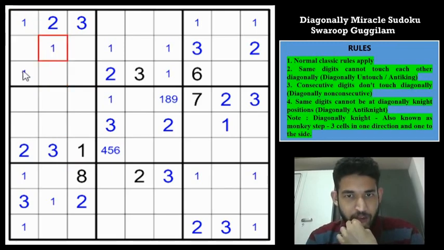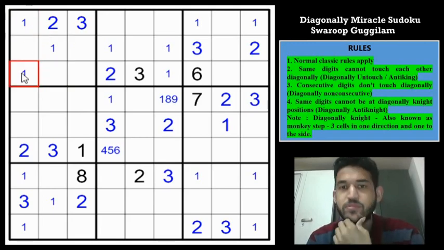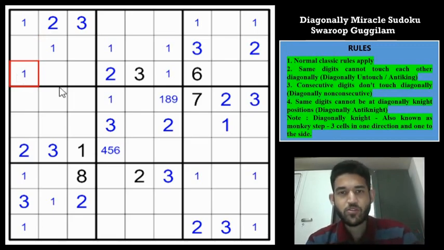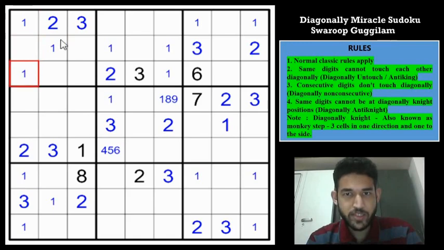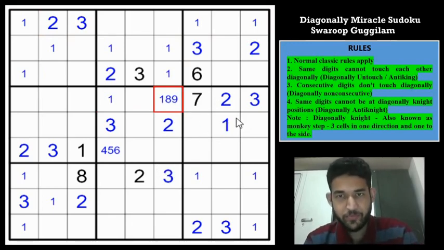Now we have 3 candidates for the 1. Row 1 column 1, row 2 column 1 and row 3 column 1. So I don't think we can eliminate any cell from now. Okay, so the 1 looks unresolvable now. As you can see, there are many possibilities for the 1, and I don't think we can eliminate any 1s now. So let us try to focus on a different part.